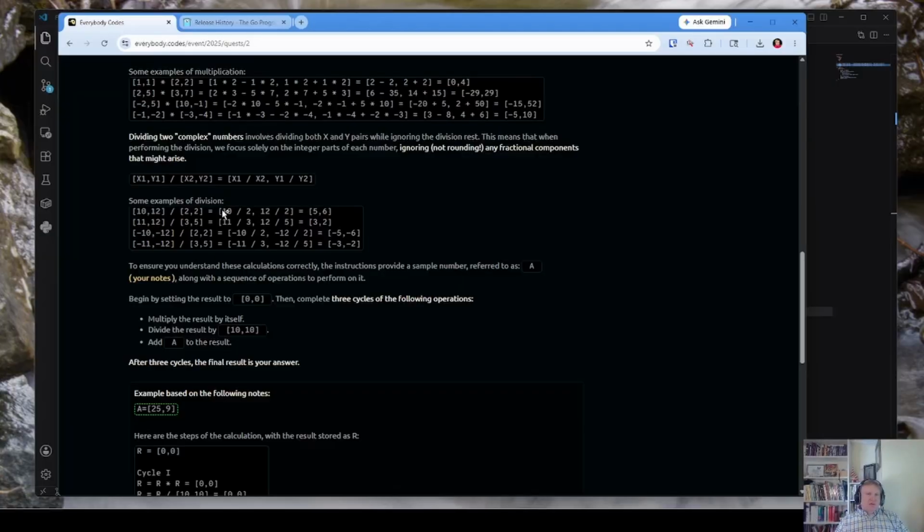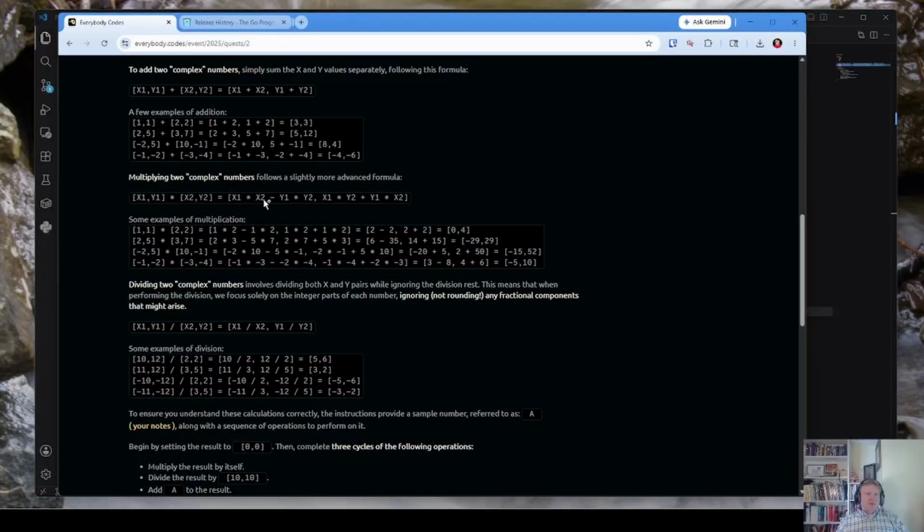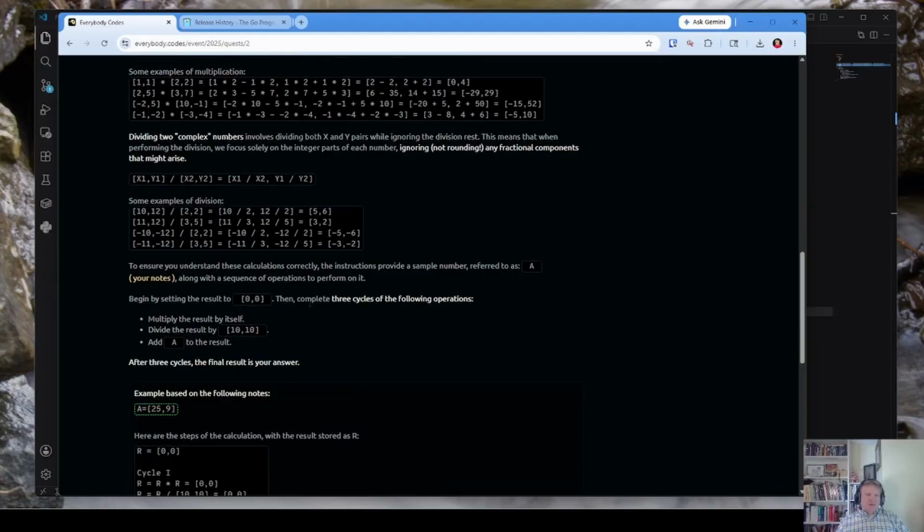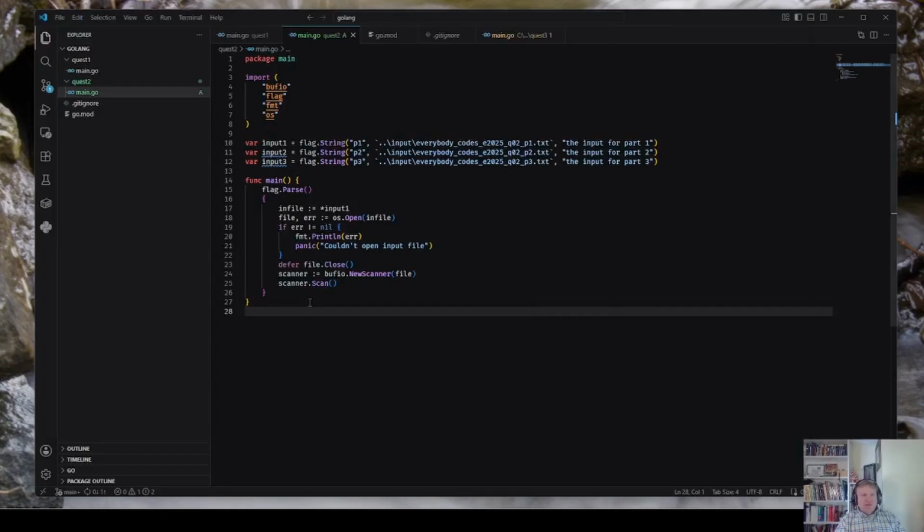Okay, so it's just supposed to be smashed down. Multiplying acts like, so addition and multiplication act the way they do. Division works differently. Okay, so these are not really complex numbers. These are not really complex numbers as the math term is normally understood. Okay, this should be relatively straightforward.